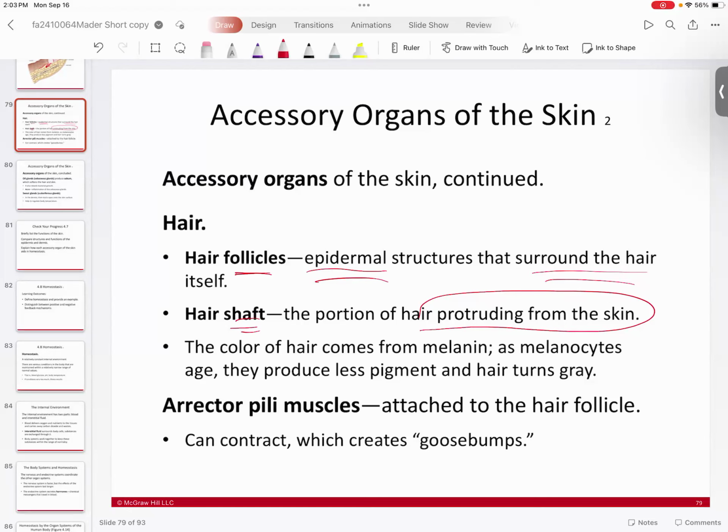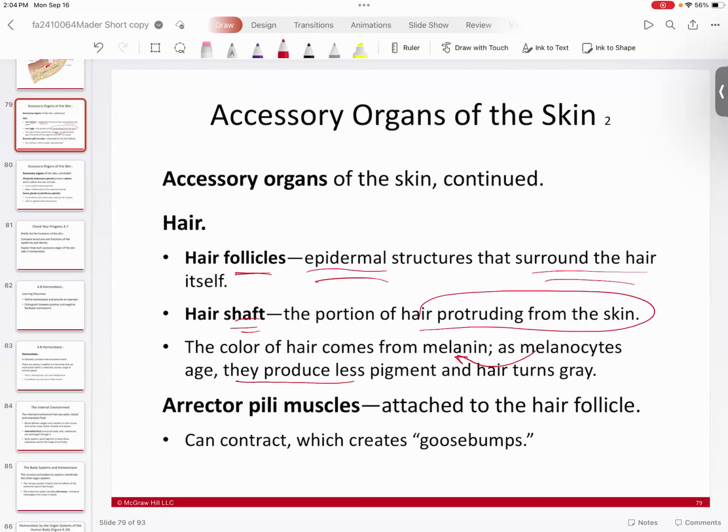Your melanocytes lay down the melanin in your hair matrix, and that gives your hair its color, which is why hair color tends to be related to skin color. They're not exact, of course, but they tend to be directly proportional. The darker your skin, often the darker your hair, usually, not always, because they're under different genetic regulation. However,